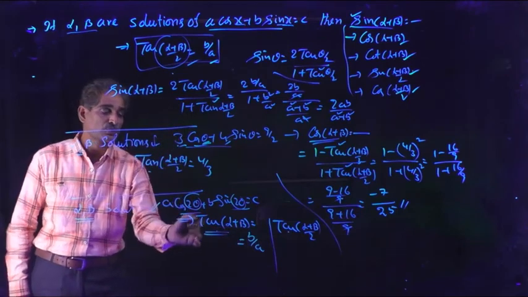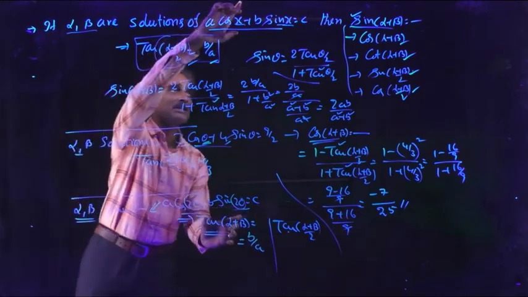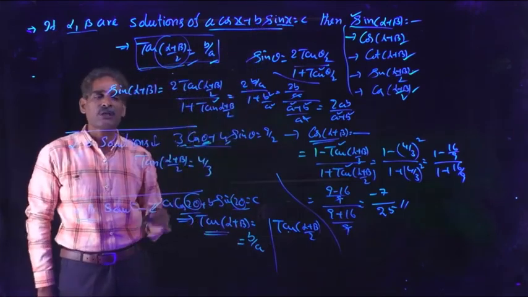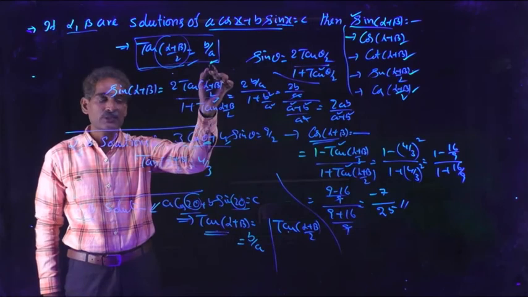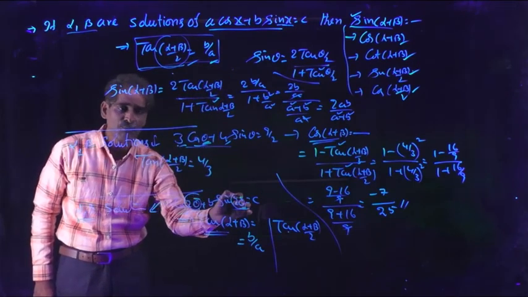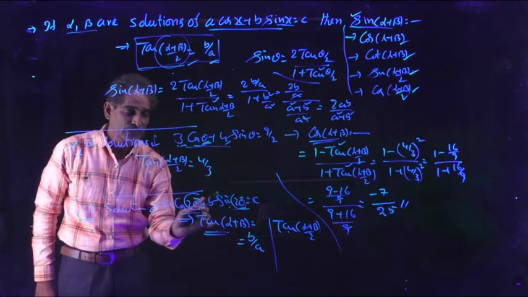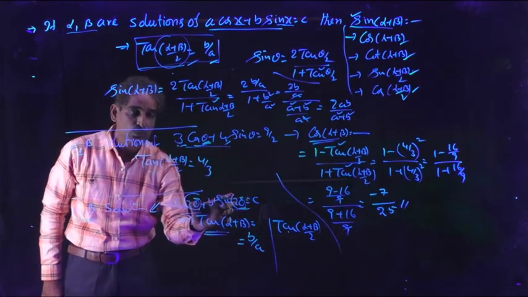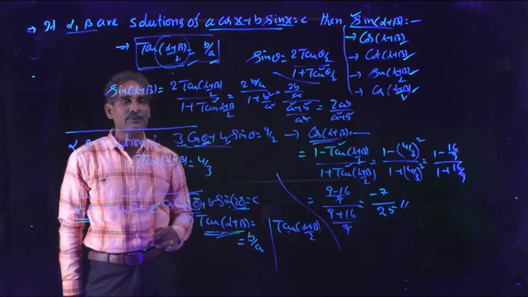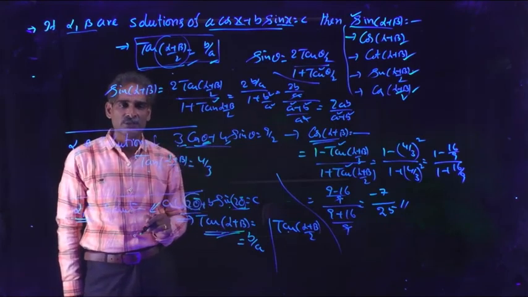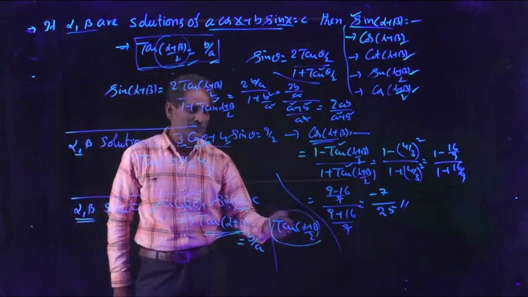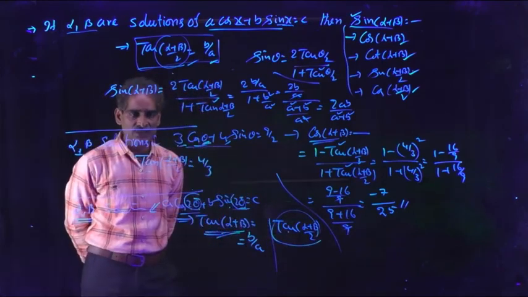You observe these two. Here x is there. In this case, we can write tan of alpha plus beta by 2 equal to coefficient of sine by coefficient of cos. Here 2 theta is there. Here this variable is not important. The multiple is important. Here 2 theta is there. With respect to 2 theta, we will get tan of alpha plus beta for the same formula, coefficient of sine by coefficient of cos. Understand? Suppose in this case, if you want to find this, try to express tan of alpha plus beta by 2 in terms of alpha plus beta.